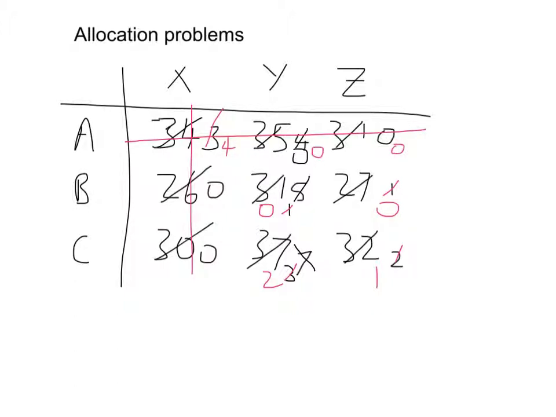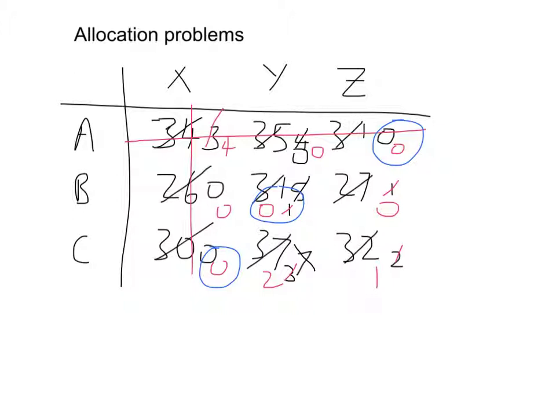If I put in all of the remaining zeros in red so we can see them maybe a bit better, we've now got this new table, and in blue I'm going to cover the red zeros with as few vertical and horizontal lines as possible, and we should see here that we cannot do it in fewer than 3, so I'm not even going to attempt it. What that serves to show is that we can now choose a 0 from each row and each column, like that. So 1 0 in each row, 1 0 in each column, 3 zeros in total, and those are the positions of the